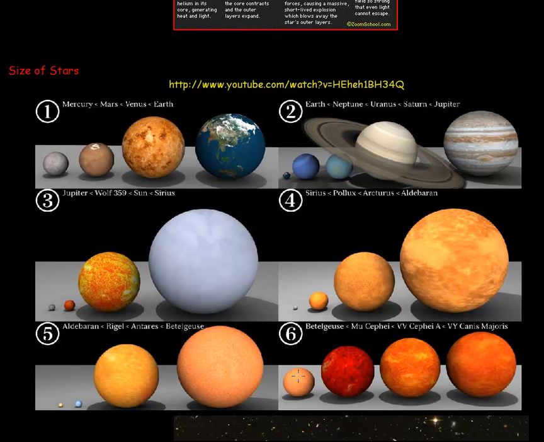Then if you take that big star and put it there, we have a star in Cepheus, another star in Cepheus, so Mu, which makes the M letter in the Greek alphabet. So there are a lot of stars in Cepheus that are brighter than this, and I'll show a video that will actually show this. And then we have VV, which is even a dimmer star in the constellation Cepheus A, and then we go to VY, which is even dimmer in this constellation, Canis Major, than this was in Cepheus,